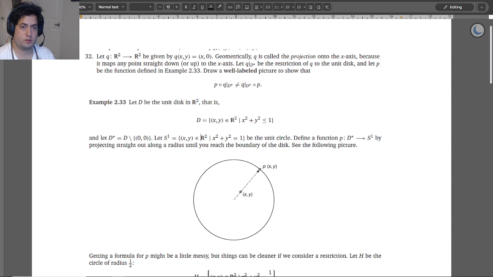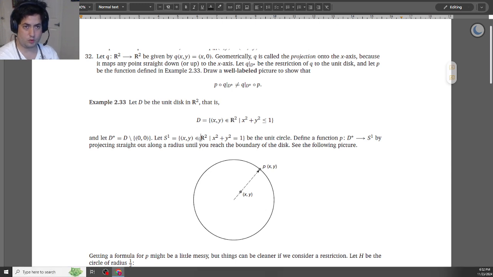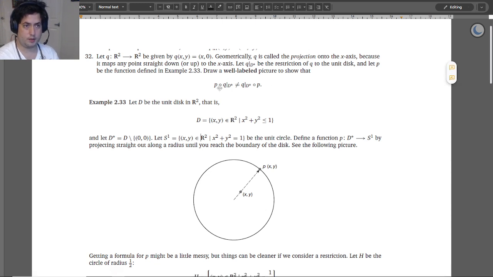So here in exercise 32, what we're trying to prove is that P composed with Q restricted to D star is not equal to Q restricted to D star composed with P, which we can see here. To do so, I'll first explain what P and Q are, and then show their visual differences in a graph. To begin, I'll explain what P is, and to do so, thankfully, we have example